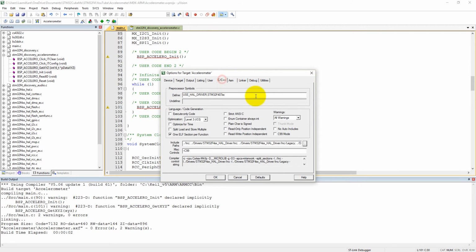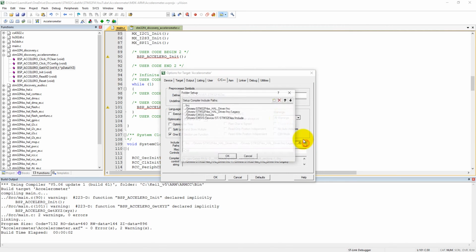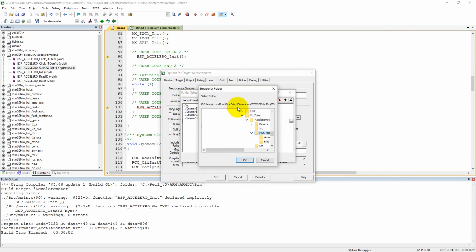So come into the C and C++ and click on here, then create a new, click on here, then again we need to go back into the Keil version 5, then into ARM, and then pack, then Keil STM32F4 DFP,